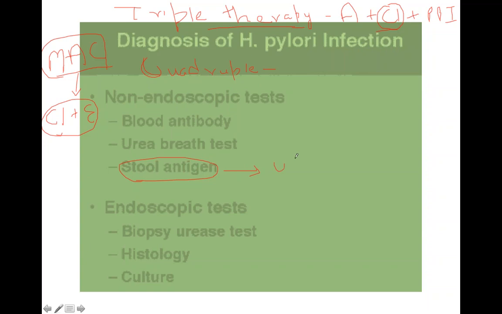So this is the protocol. We are assuming that the patient is less than 55. If the patient is more than 55, then there is a separate protocol where we go for upper GI endoscopy directly. So we are assuming that the patient is less than 55 years of age. The first step is we go for stool antigen test. We treat the patient, and the patient feels relieved. Then we will again go for stool antigen test to confirm the eradication. But if there is no relief, we will go for upper GI endoscopy.